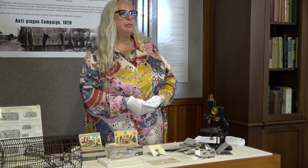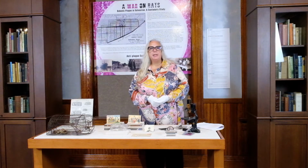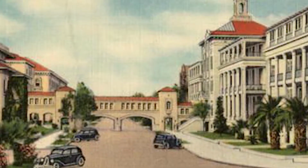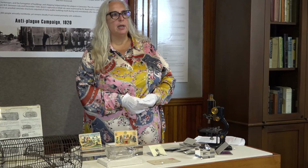The first person to die during the outbreak of bubonic plague in Galveston was a 17-year-old man who worked on a grain store on 29th Street and Strand. It was called Davison's Feed Store. He was bitten by an infected flea on his ankle and started to feel increasingly unwell. The next day, he went to the John Sealy Hospital. He had a high fever, he had swollen ankles, swollen glands under his arms and around his neck, and unfortunately